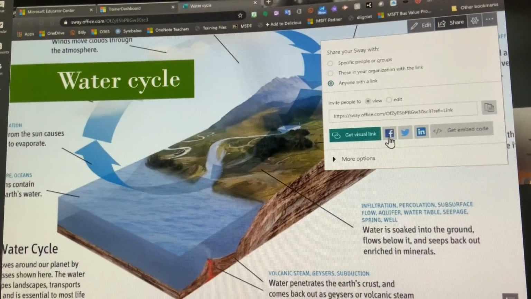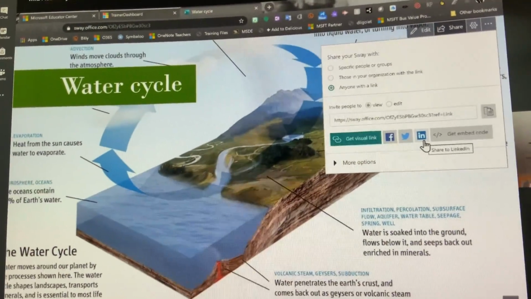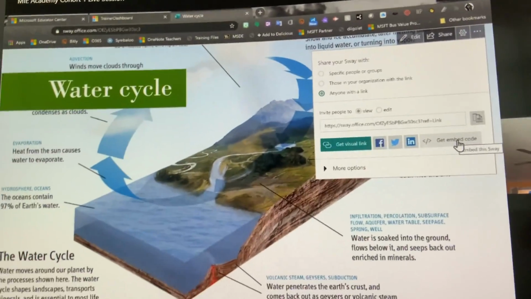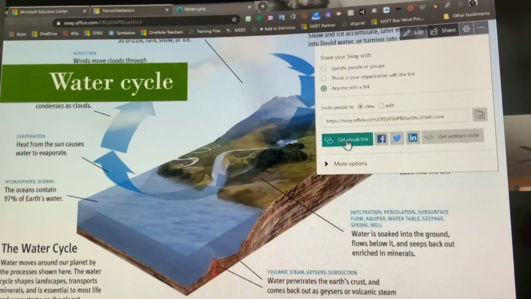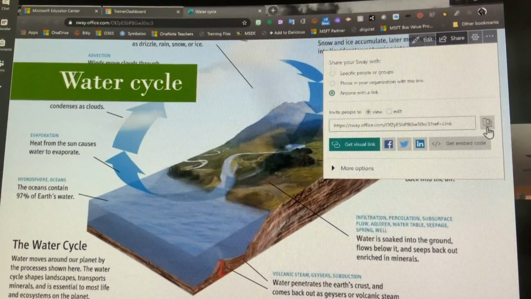So you can share to Facebook or Twitter or LinkedIn. You can get an embed code to embed it on a web page or website. And then you can also get a visual link. Now I'm going to just copy this link to view,